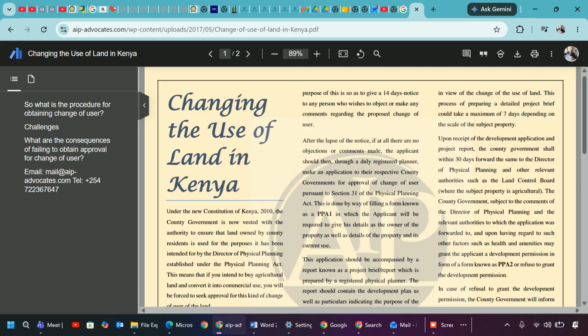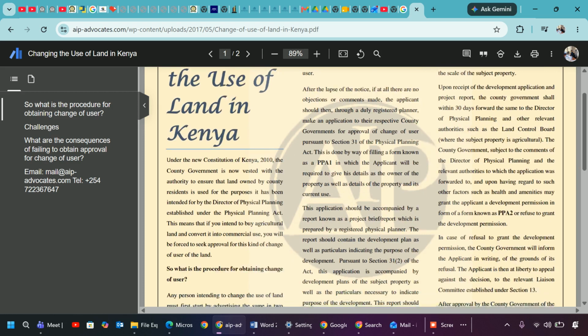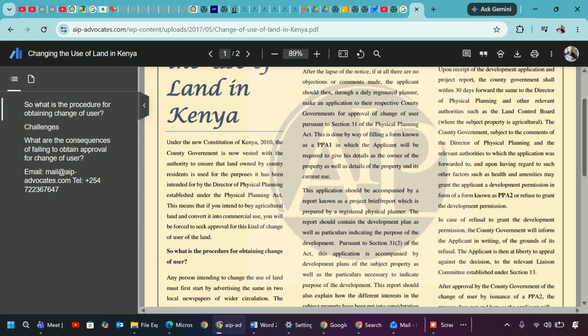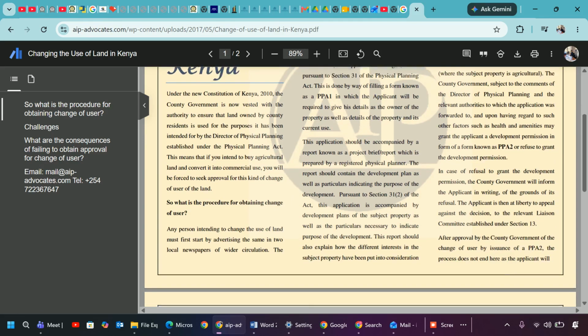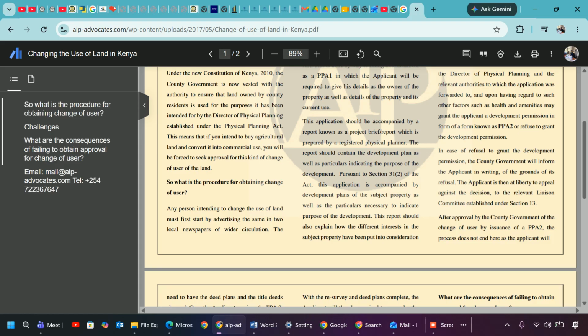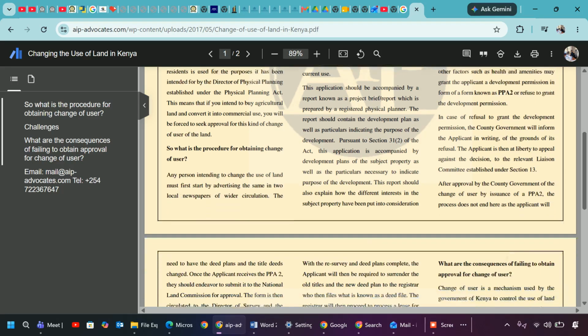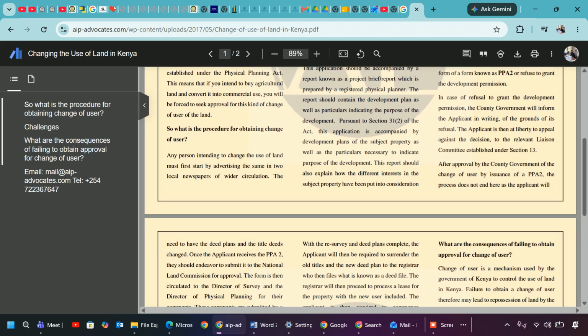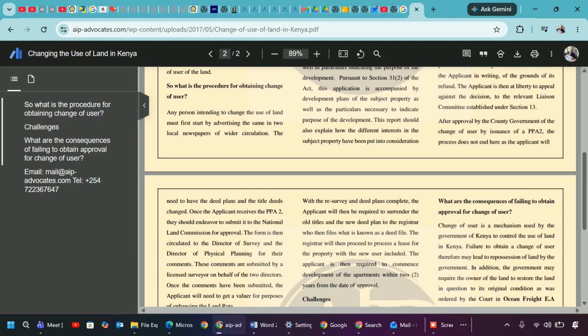The county government, subject to the comments of the Director of Physical Planning and relevant authorities, will give us permission under PPA2. If we are aggrieved, being the applicant, we appeal to the relevant liaison committee established under Section 13. After approval by the county government of the change of user by issuance of a PPA2, the procedure will not end there. This is where we took PPA2 and submitted the same to the National Land Commission for